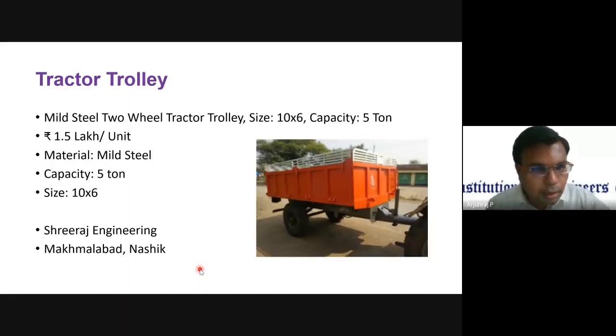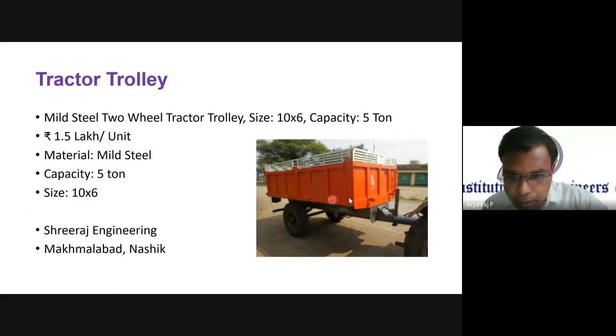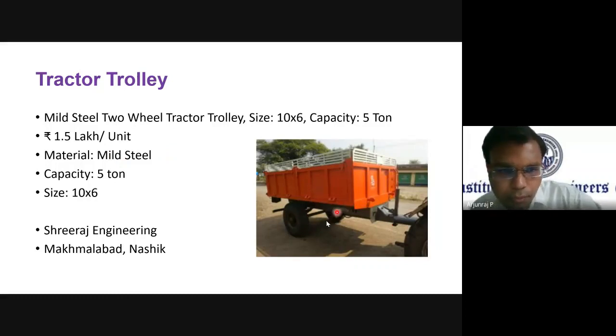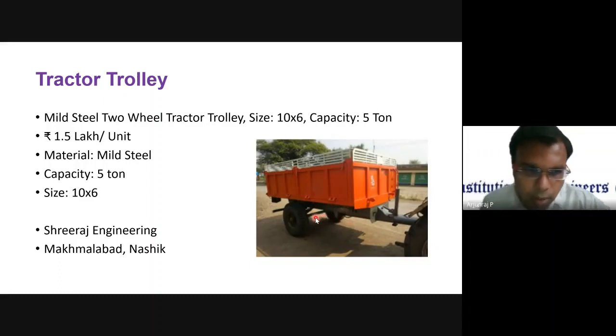We have a tractor trolley which is having a capacity of 5 ton mild steel material. You can see, and you have the two-wheel tractor trolley. The size is going to be 10 into 6, which means about 60 mm. We have, and this is manufactured in Nashik, a company called Jcb Engineering from